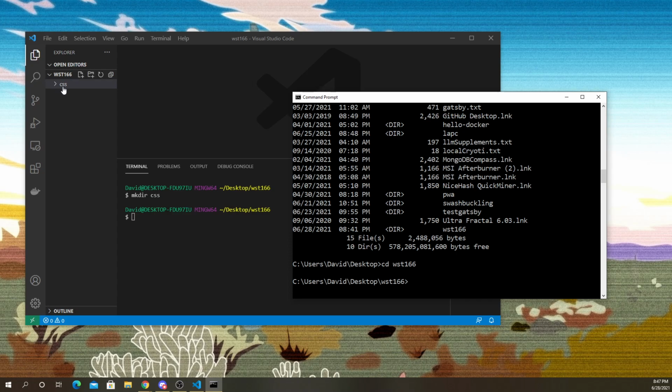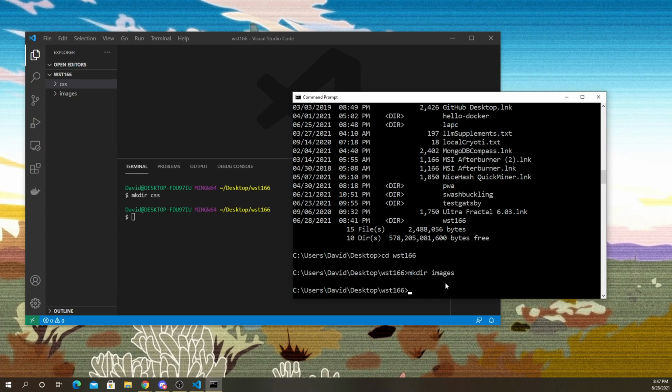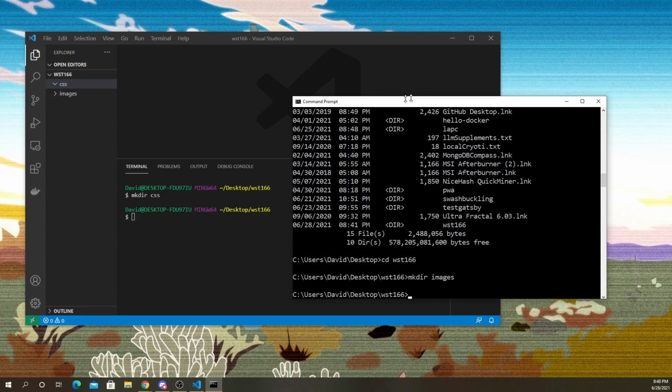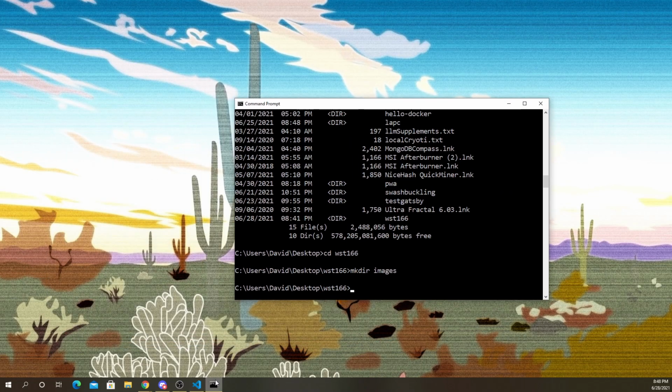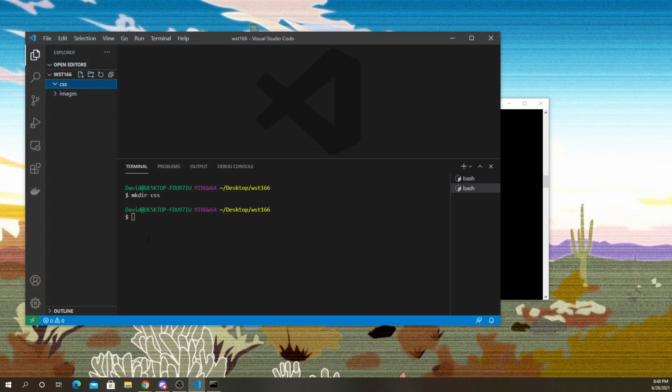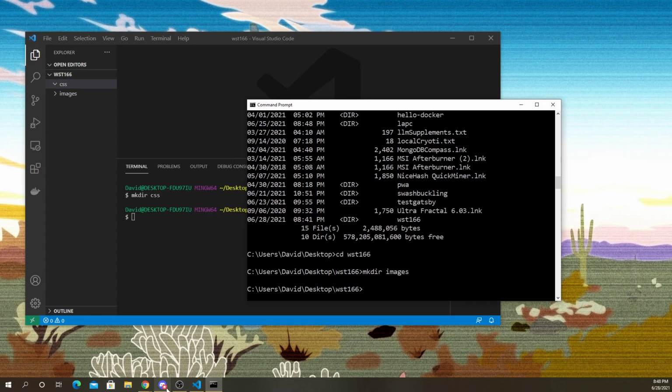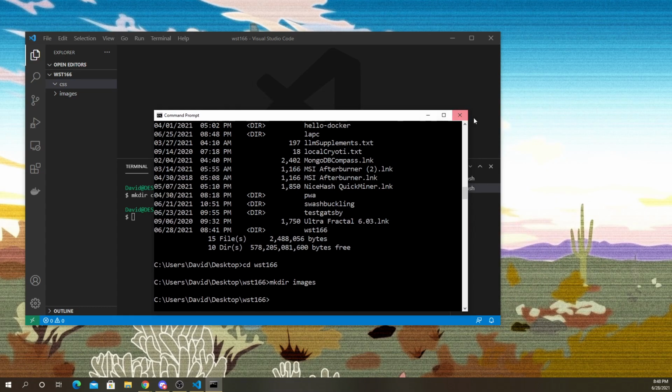Now I'll create another folder here. I've got a CSS folder. I'll say mkdir, and let's say an images folder. And now you can see I got an images folder created. So I can do it either through the command prompt, or through VS Code's terminal, or with Git Bash.